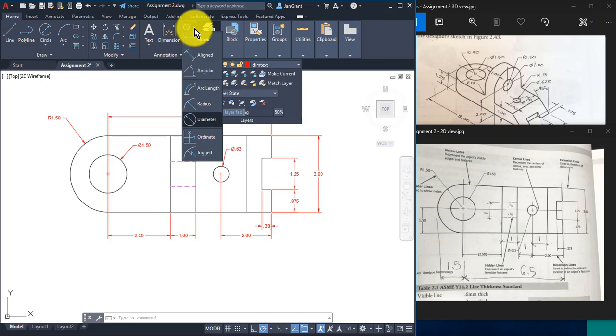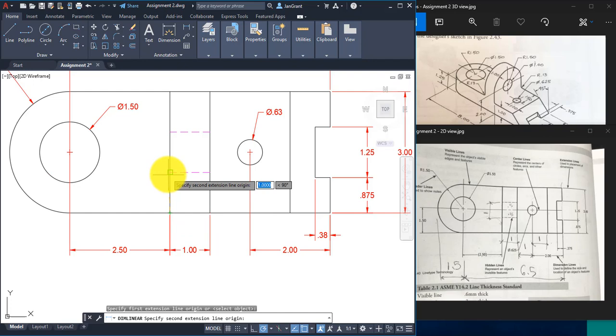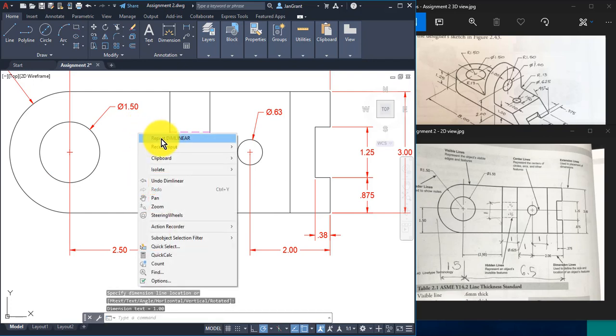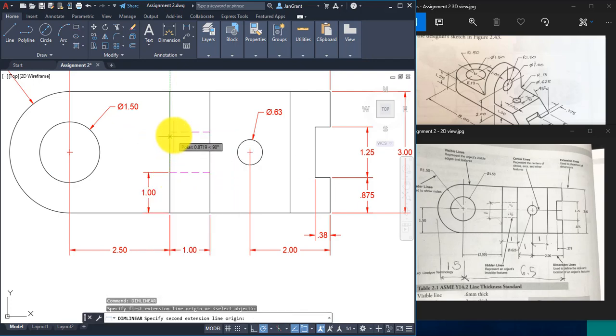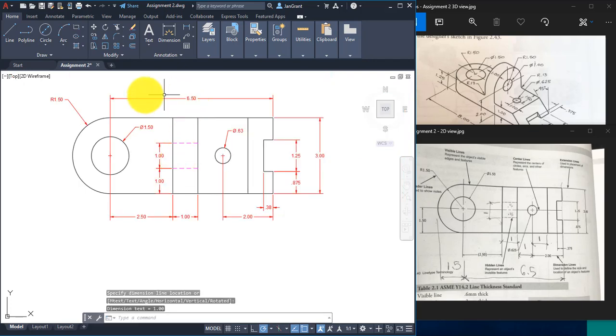Let's go ahead and click on linear. I'll click the bottom of this line, and where the hidden line starts, pull my mouse out and click. I'm going to right click and pick repeat dim linear and get these two, the distance between the two hidden lines, and then again make sure that you're lining up with the existing dimension and click. All right, I think if we really take a good look at this, we have the circles, we have most of the dimensions. There is one more dimension, there are actually a couple more, but I think that